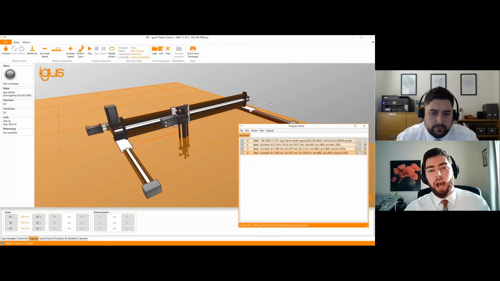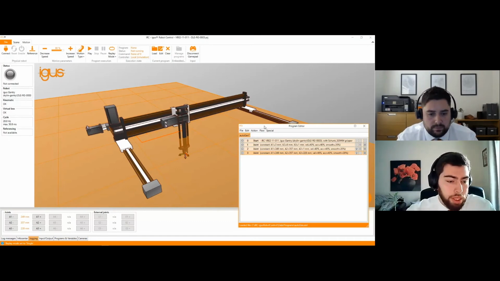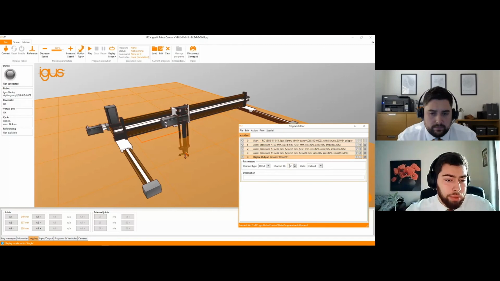And of course, because we have a gripper connected, what we can do is manipulate one of the digital outputs of the Igus robot control hardware. As standard, the Igus robot control cabinet comes with 7 inputs and 7 outputs, but we can configure it to have up to 21 inputs and 21 outputs. So if I select action and press digital output, of course I can select gripper as well. I can select digital output 21 to be enabled, so I can grip the item that I want.